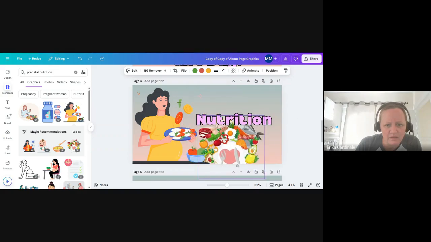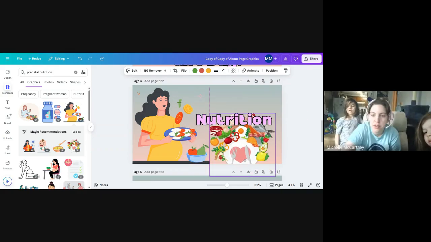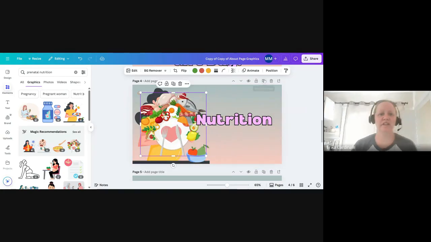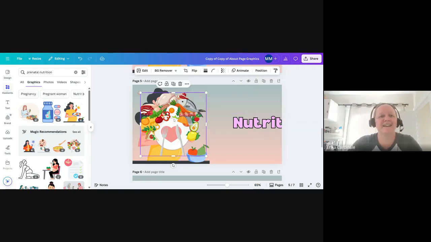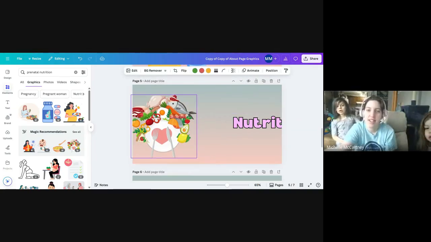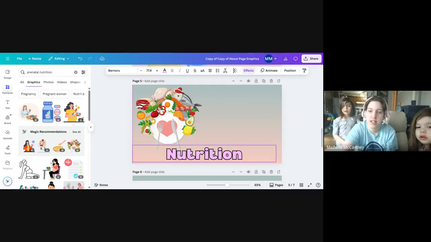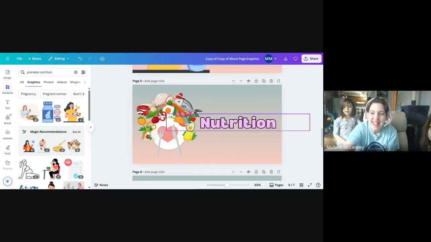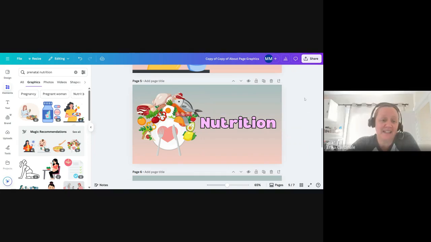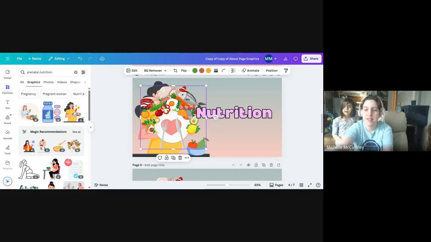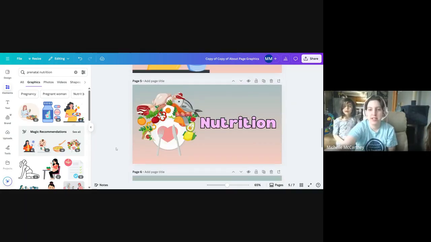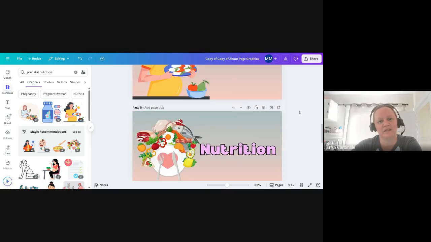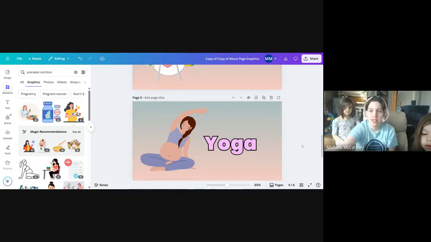Let's see. Oh, it's like a plate of a bunch of food. I kind of like that one. I only like it because it's got all the protein that you need when you're pregnant. Although all the vegetarians are going to kill me. I think that looks good, I like it. I think they're both good. Totally up to you. I think I like that one better because it has the protein. Absolutely. All right, and then yoga,